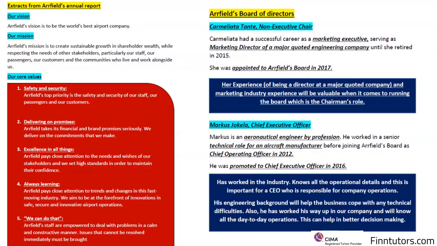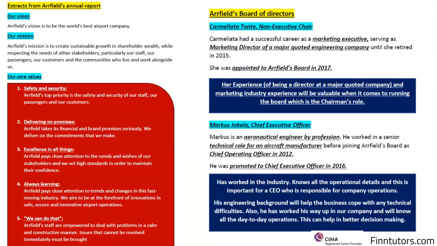Carmeliata had a successful career as a marketing executive, serving as marketing director of a major quoted engineering company until she retired in 2015. She was appointed to your board in 2017, 4 years ago. Now, what I take out of this is that her experience of being a director at a major quoted company and experience in the marketing industry will be valuable when it comes to running the board, which is the job of